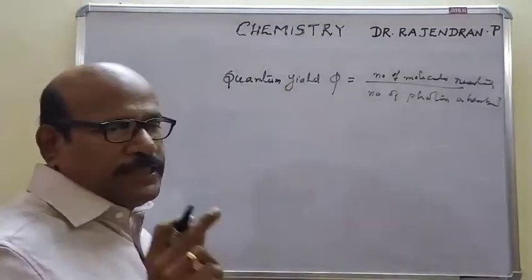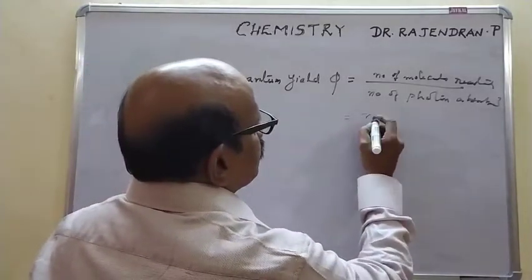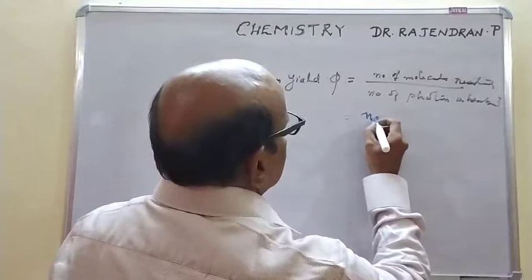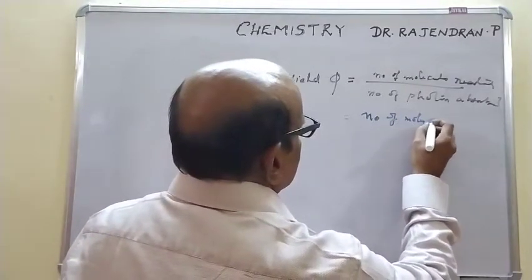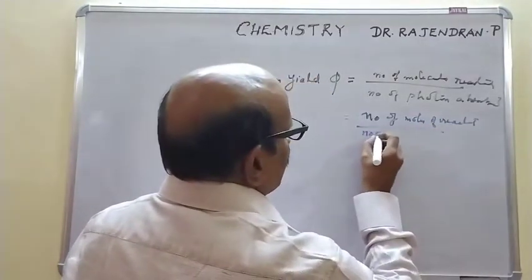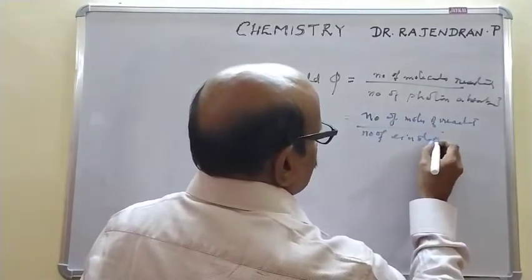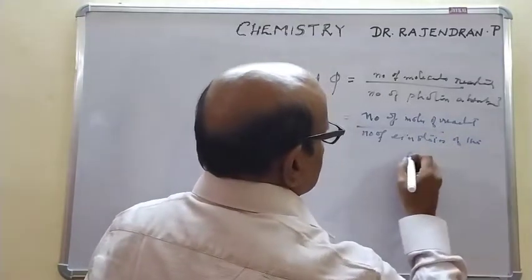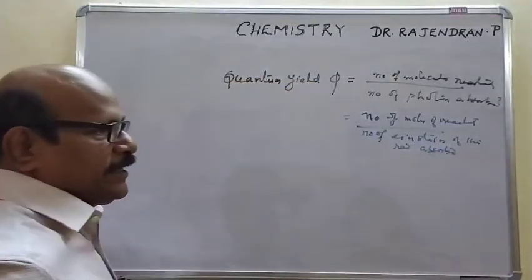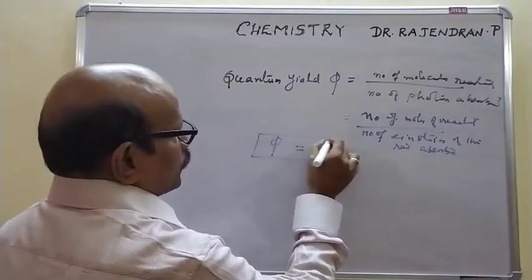That is, the quantum yield should be equal to 1 theoretically for any photochemical reaction, or in terms of molar quantity, moles reacted divided by the number of Einstein of radiation absorbed. One mole of photons is called an Einstein. Strictly speaking, since they are equal, phi should be 1 for any photochemical